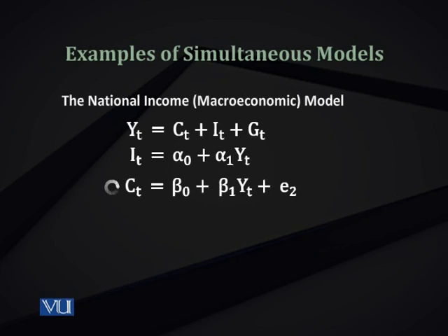So you can't try to regress investment on national income and say that you will estimate alpha 1 properly. It's not the case. Similarly, if you try to regress C on Y_t, you will estimate something, but that something wouldn't be a good estimator showing the true relationship of consumption and income. So you need some technique that deals with such models. So you saw two or three models where the equations are simultaneously determined. The parameters also should be estimated in such a way that you take into account this simultaneity. So we will develop such models and we will try to estimate such models in future.